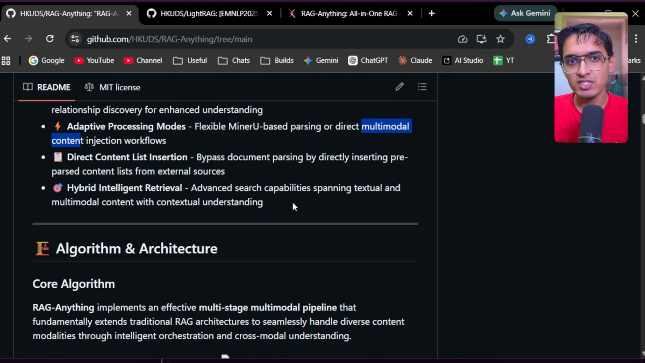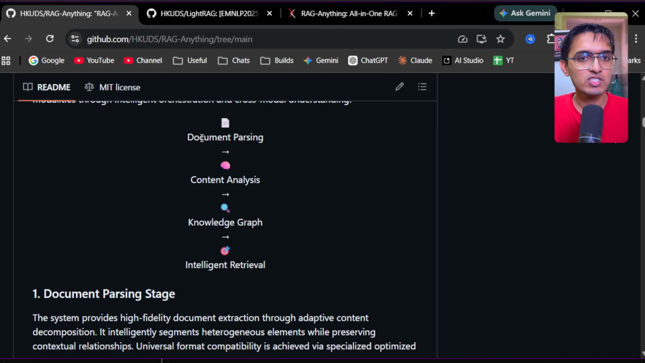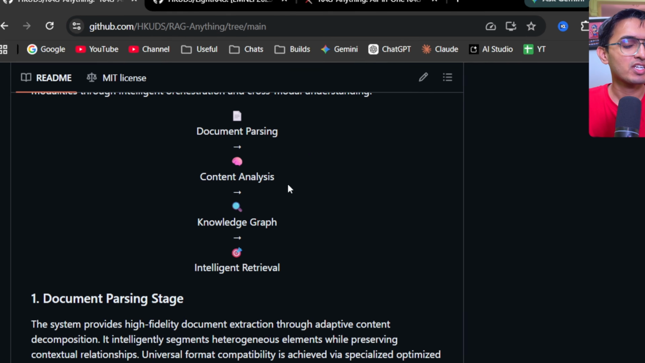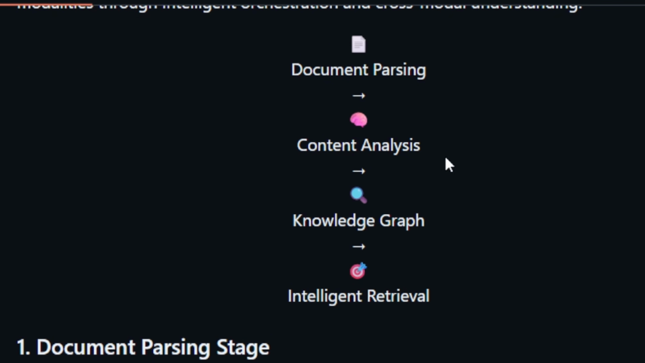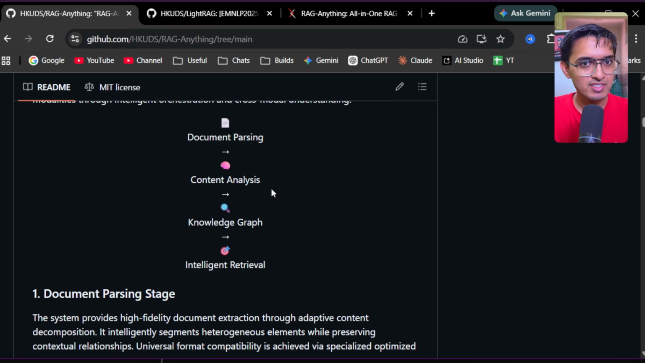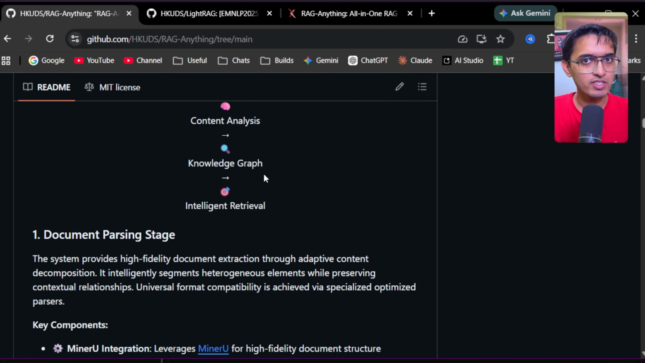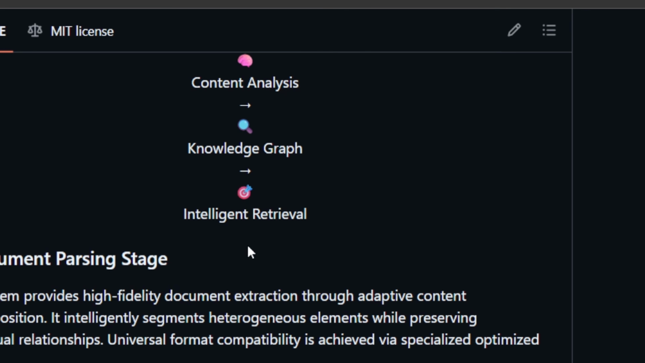Finally, for user queries, it can search across the textual and multimodal content, and it can understand all the context between all those images, texts, or equations. So the main stages in this tool: first is the document parsing. Once you give a document, it will parse how many pages it is, what kind of data it has. Then it will do the content analysis on all those images, text, equations, and all kinds of different contents. Then it will build a knowledge graph out of it, which will connect context across all those multimedia. And finally, once you give a knowledge query, it can do intelligent retrieval from the contextual knowledge graph that it